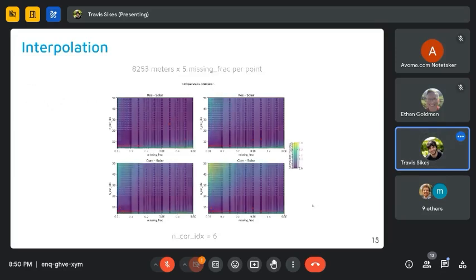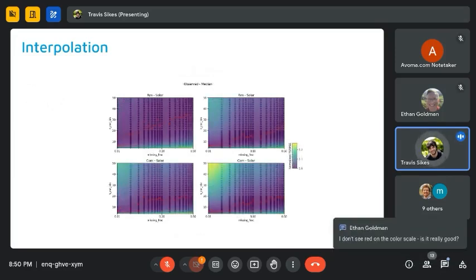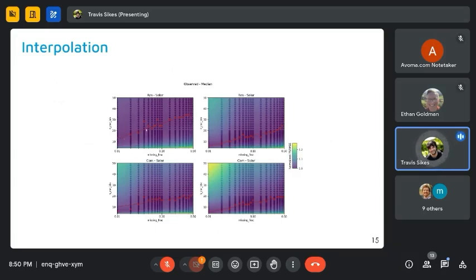Now, it gets a little bit more complicated with the observed. With the observed, we have a bit of structure in the missing fraction percent versus the number of correlated indices. So this, again, remember that the solid line is the optimum fit for that panel. And this is driving me crazy.